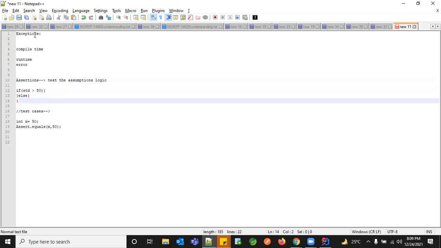Okay, and what are exceptions? Whenever you write a piece of code for a particular program, if anything unexpected happens, how do you handle it and control the execution throughout your program? That is what we're going to see in exceptions. There might be scenarios which cannot be handled by developers.